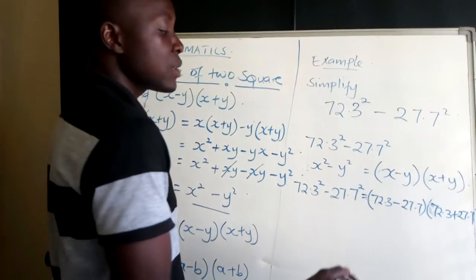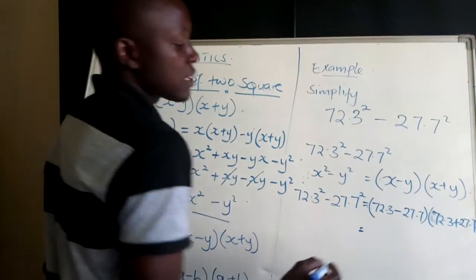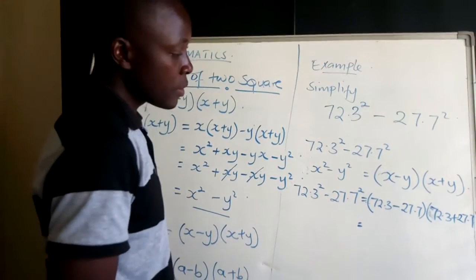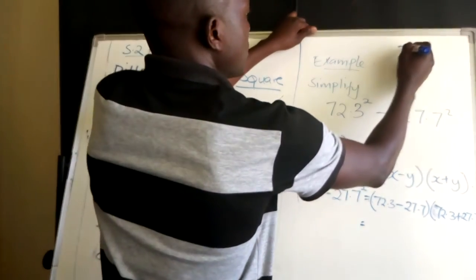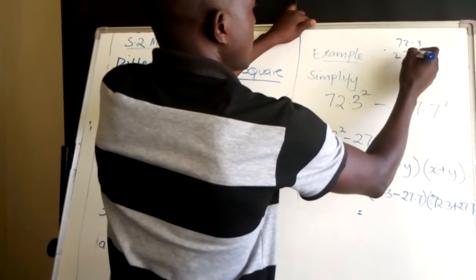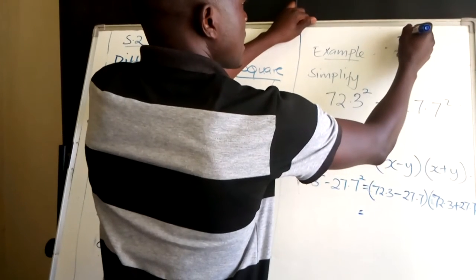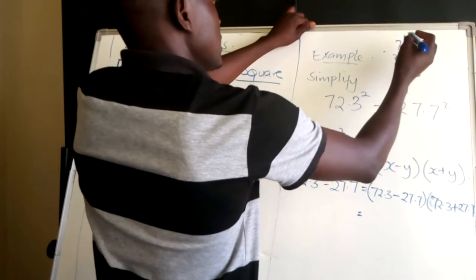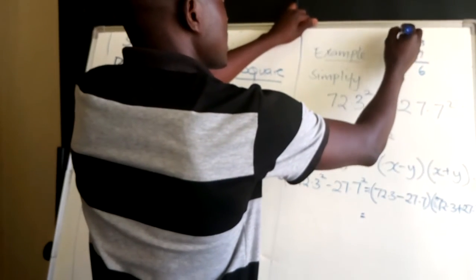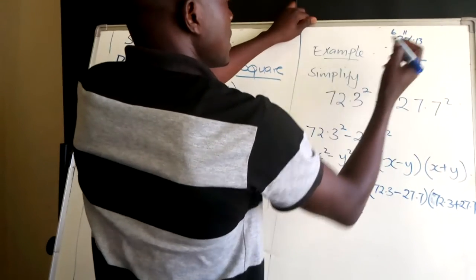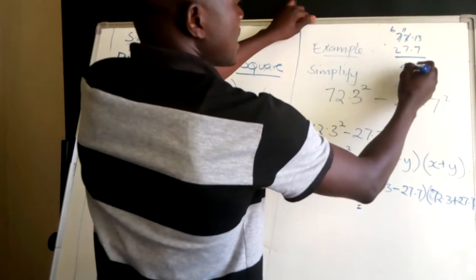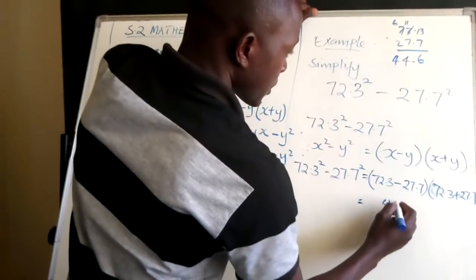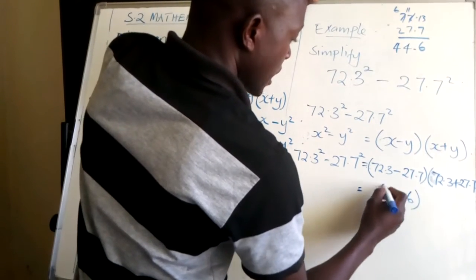From here, you're free to use the calculator to subtract 72.3 minus 27.7. If I subtract 72.3 minus 27.7, for the 3 I will borrow here and I stay with 1. 13 minus 7, I get 6. Then 1 minus 7 is impossible, I borrow here, I stay with 6. I have 11 minus 7, I will have this as 4, but there is a point there, and then 6 minus 2 is 4. So this one gives me 44.6 times,